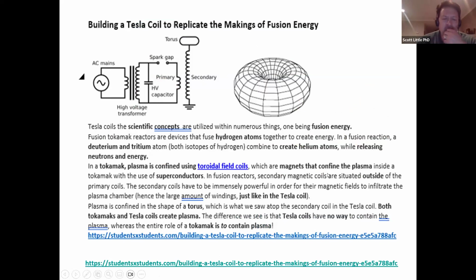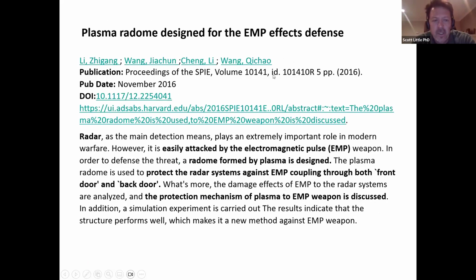And they're using this plasma that the Tesla coil is generating, contained by a magnetic field, to actually produce fusion using radioactive material. So people are actually experimenting with this. But one of the downsides is that it's not always easy to control the plasma from the Tesla coil. But they're working on ways to contain it better. And so, yeah, it looks like people have actually seriously looked into using Tesla coils for fusion reactions.